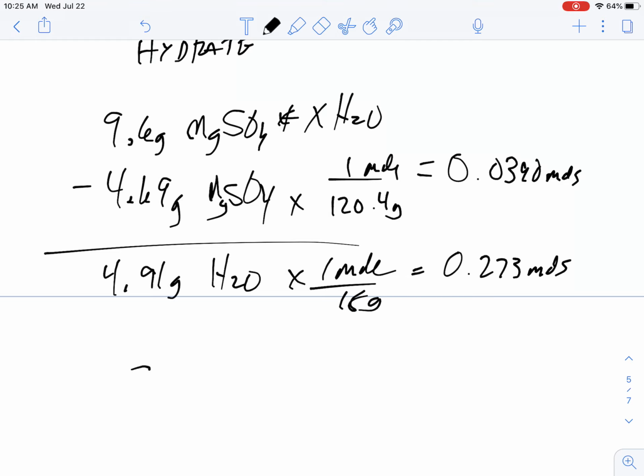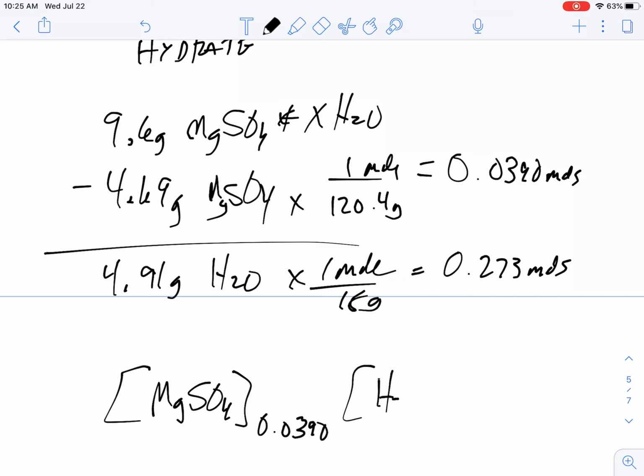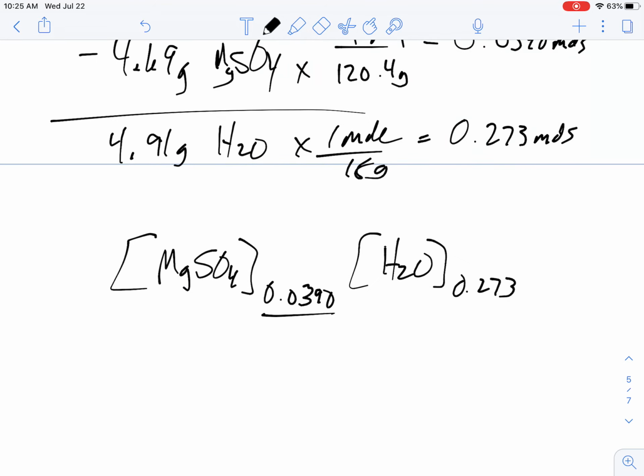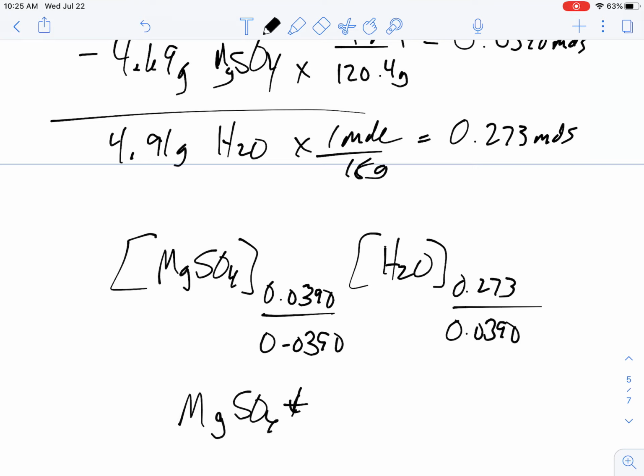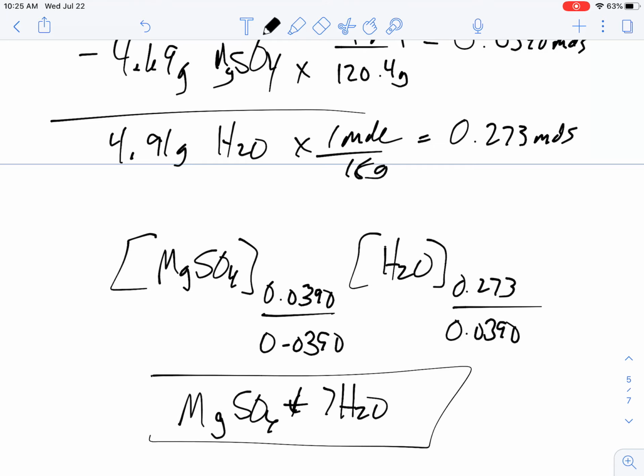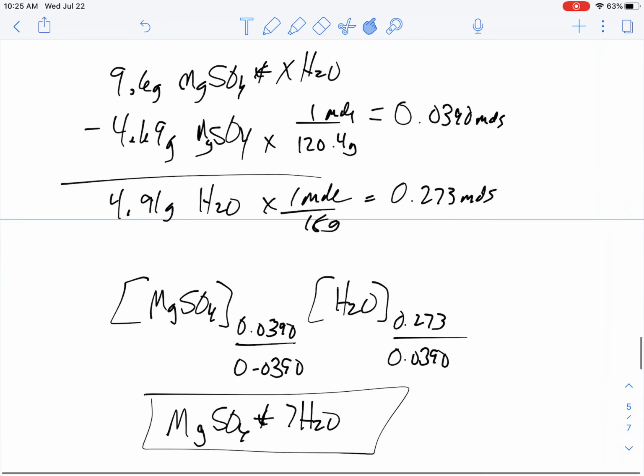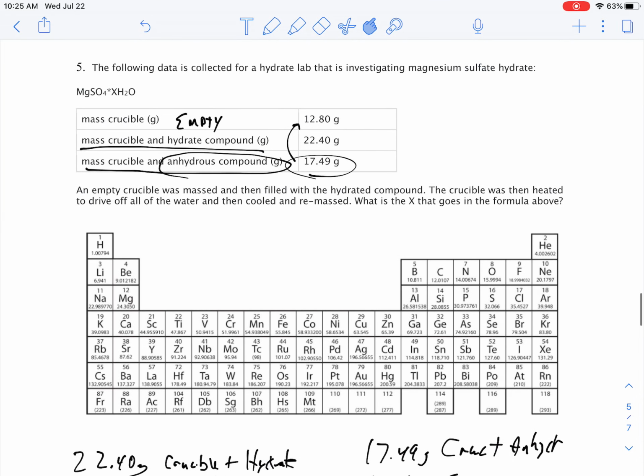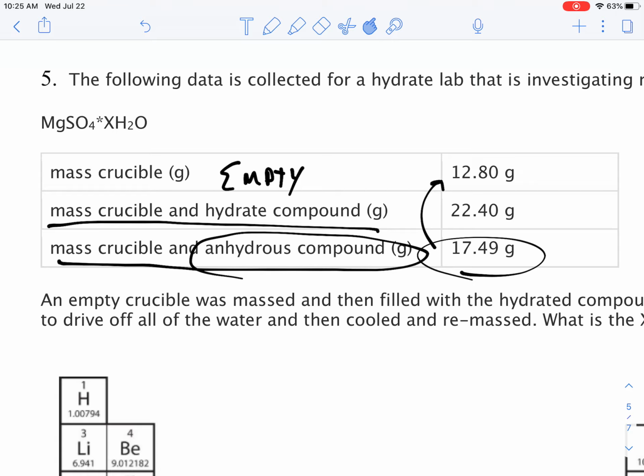So this is going to be MgSO4 0.0390, and this is going to be water 0.273. So remember, I now divide by the smallest number, and you should end up with a 7-to-1 ratio, assuming I have all my numbers right when I did my math. So the only difference between this problem and the last one is that you have to subtract out the mass of the